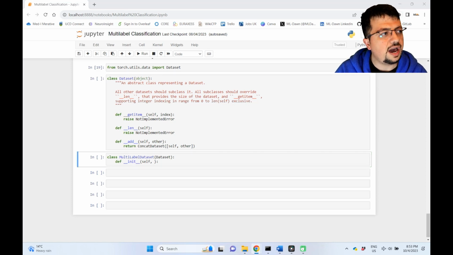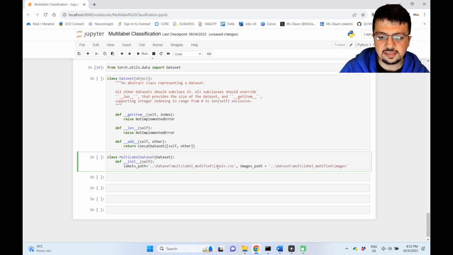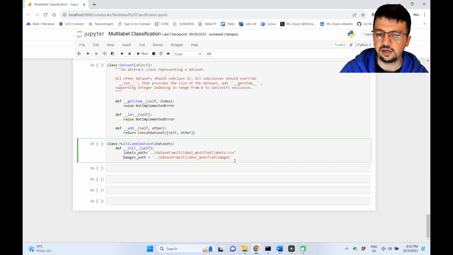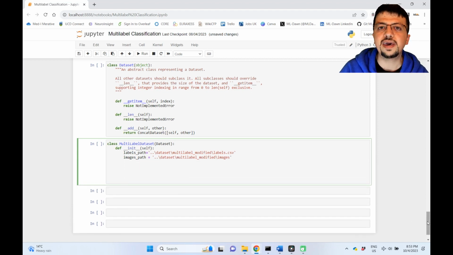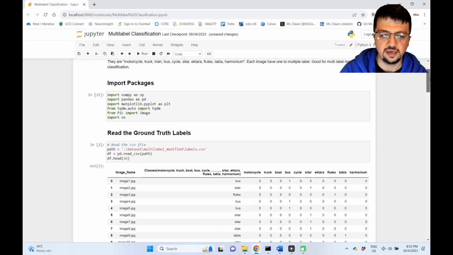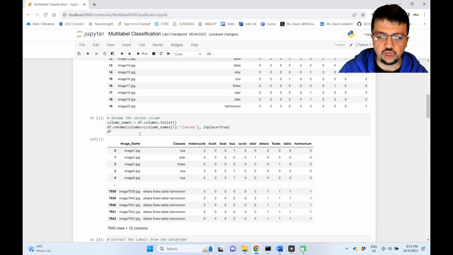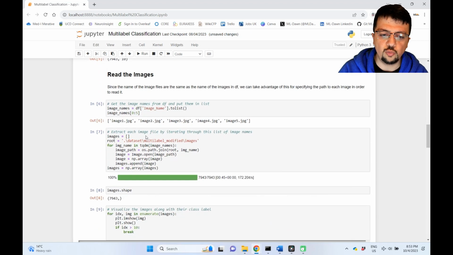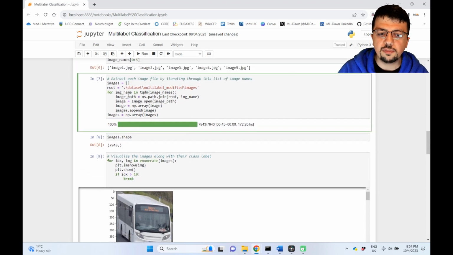Now, I can pass my arguments. Let's say I have my labels path and images path, right? This is exactly like what we've done before. Now, I'm going to basically copy and paste everything that you've seen before: the way I read the labels, the way I changed the column names, the way I turned the labels into a one-hot encoding, or multi-hot encoding in multi-label classification's case, and the way I loaded my images. Basically everything is copy-paste,